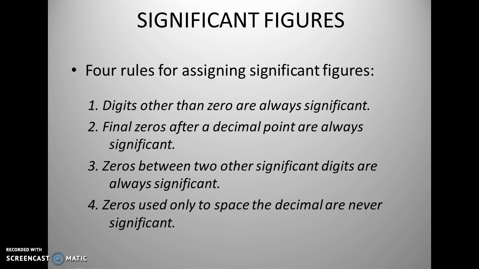Okay, so what does this mean? When we talk about digits other than 0, we talk about the numbers 1, 2, 3, 4, 5, 6, 7, 8, 9 individually. So always significant. The final zeros after the decimal point are always significant. What does that mean? If you have something like 4.0, then that 0 is significant. Or if I have